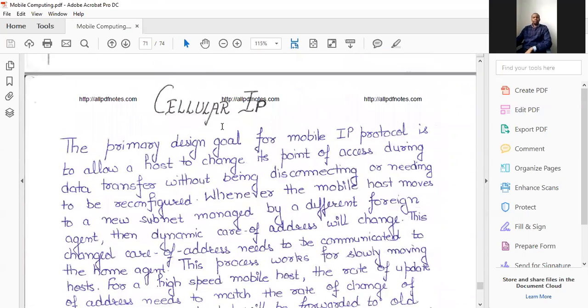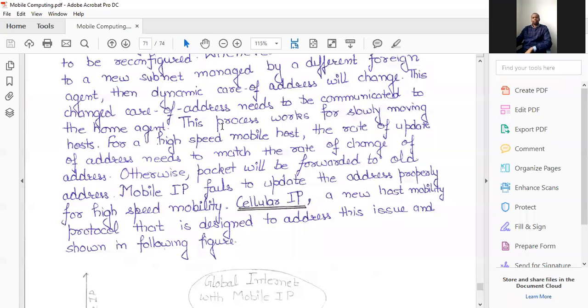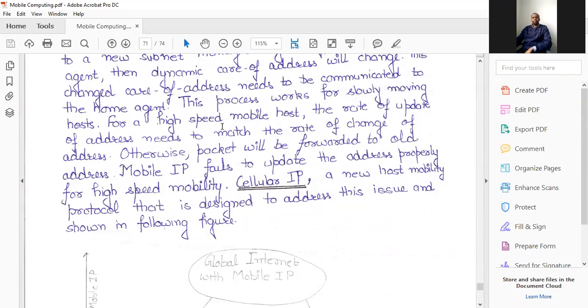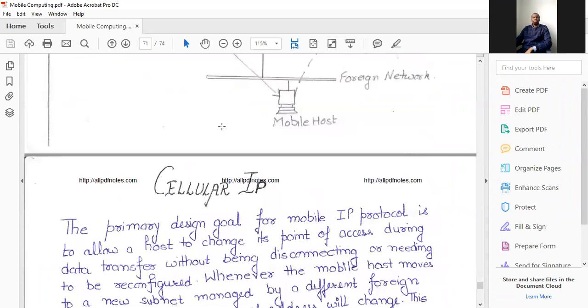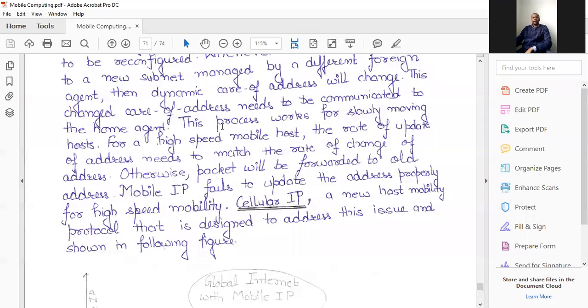So we have discussed the mobile IP. Now, there is one particular disadvantage of mobile IP, apart from the ones we've talked about. The mobile IP can fail to update an address properly under high-speed mobility. For instance, imagine if you're in a